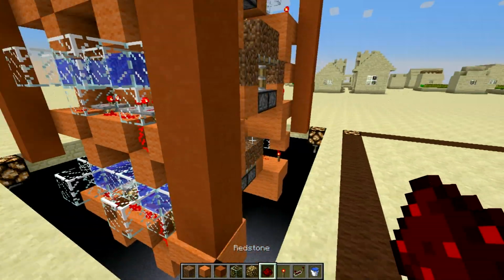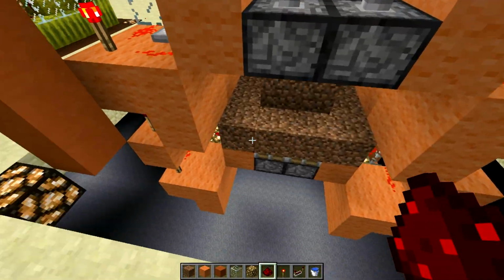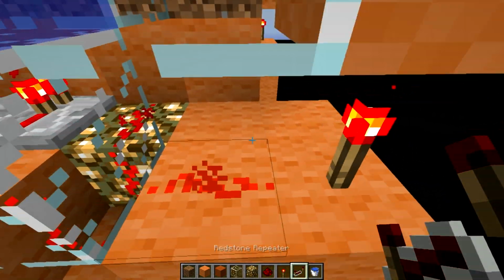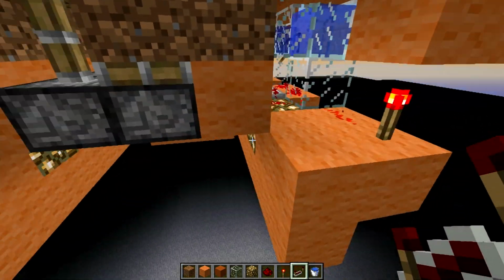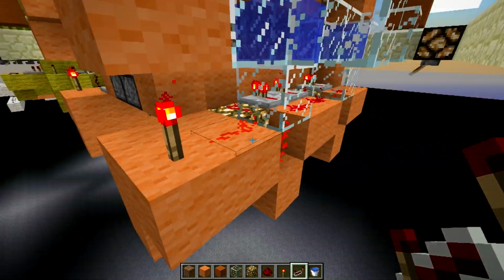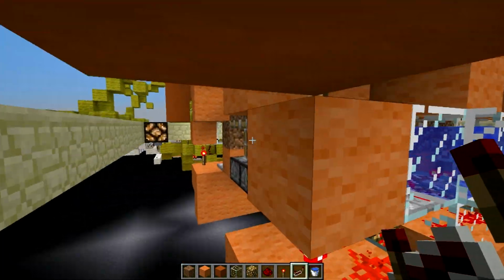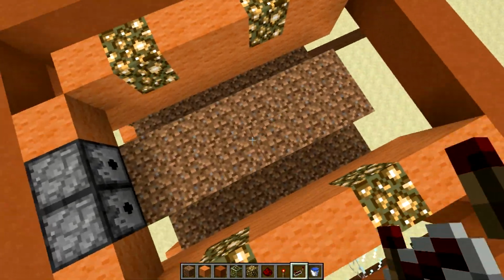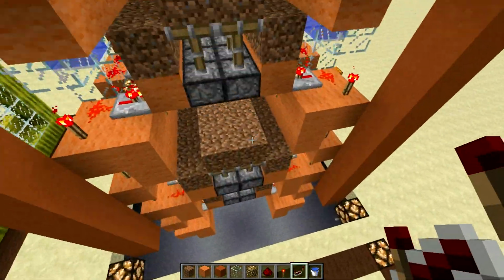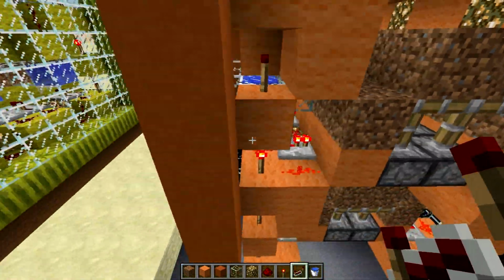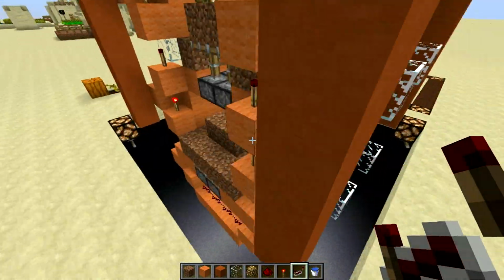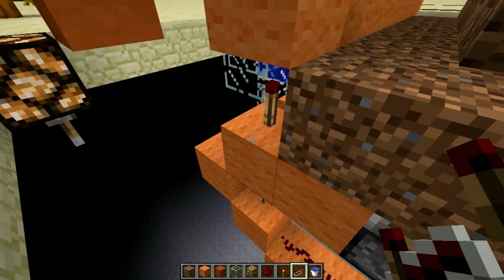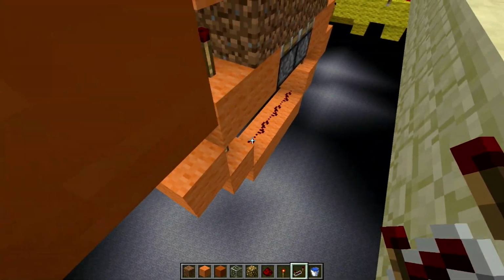So there we go. Now these ones also need to get activated. And for this we'll just add in the repeater. If I can fit, there we go. So all these pistons should now be activated. Let's cruise down, let's check that out. Now there's going to be two at the back here that aren't activated. And that's okay, because what we're going to do